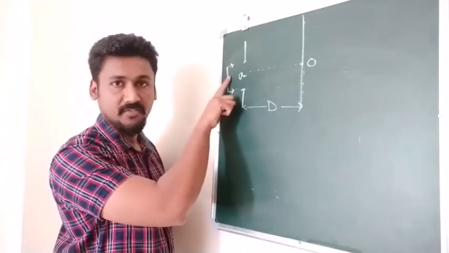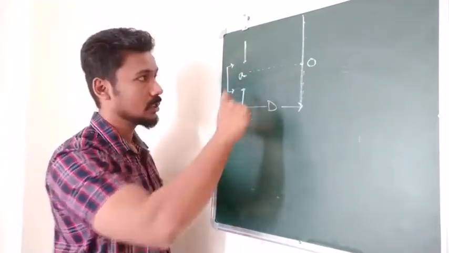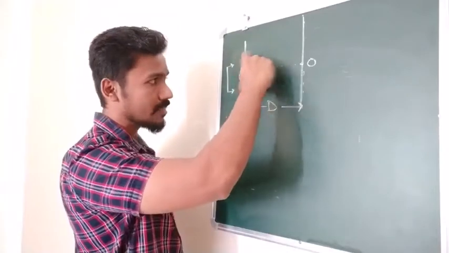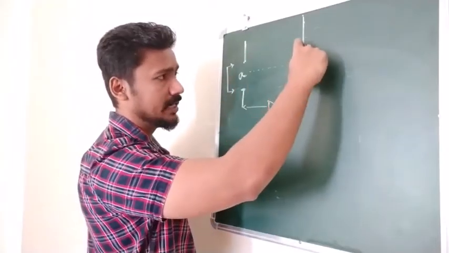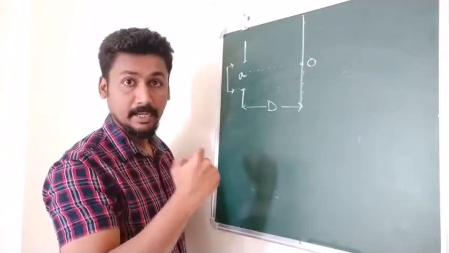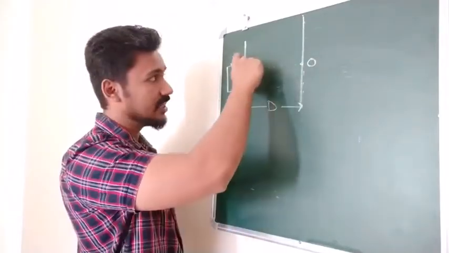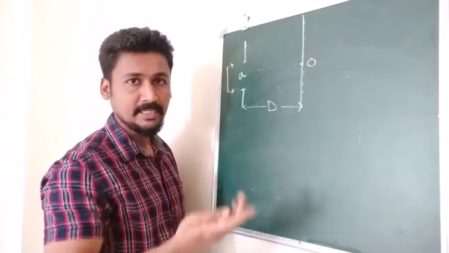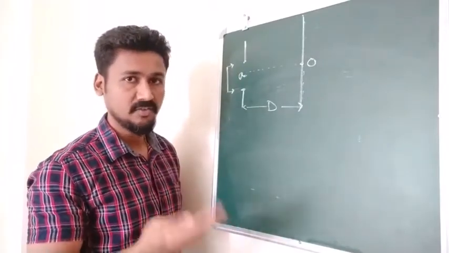Here is a plane wavefront that is passing through the slit. What is going to happen now? The light will pass and it is going to create a very bright spot in this region equal to the width of that slit. But because of diffraction, the light is actually going to spread, and that spread is what we want to find out.